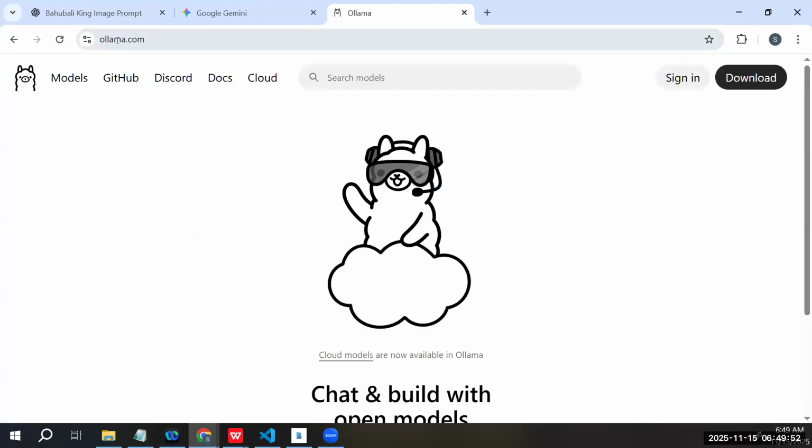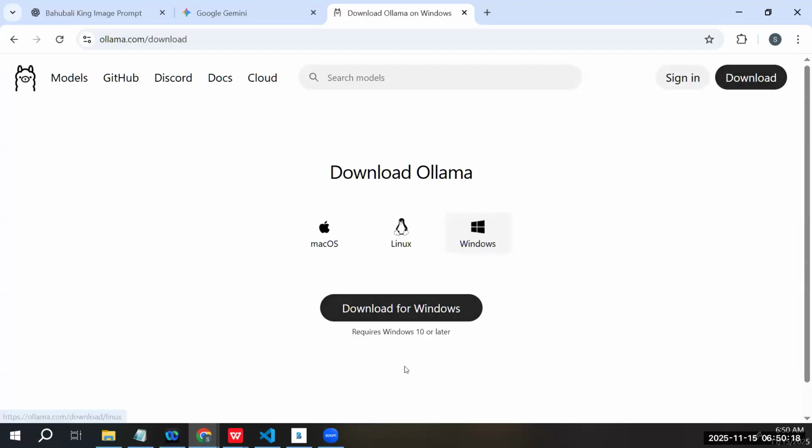There you go. So you enter the website name, ollama.com, and this opens up this website. It's a website which will help us to download a package, a library called Ollama. Ollama will help us to run open source LLMs from our local machine. All right. So here you see, if you click on this download button, it will open up the